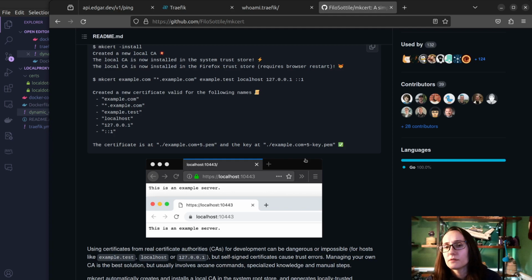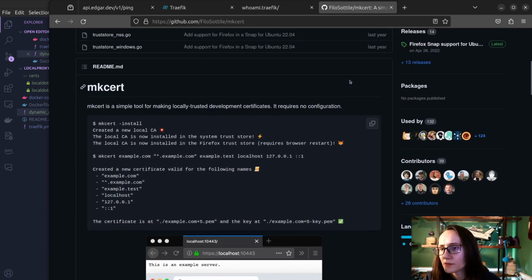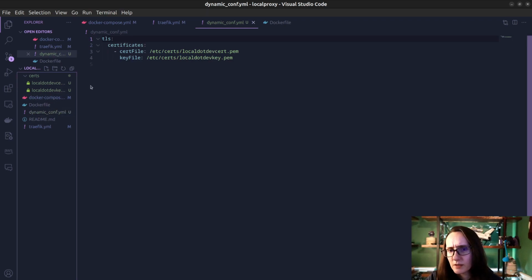You have a few different ways of downloading this. You can use either releases, you can use Homebrew, you can use maybe Choco if you're on Windows. I don't really develop on Windows. But you're going to run this make cert install, and then you're going to run something akin to this, but with your specific application domain name that you wanted. So when you get done with it all, you should end up with something like this, where you have your